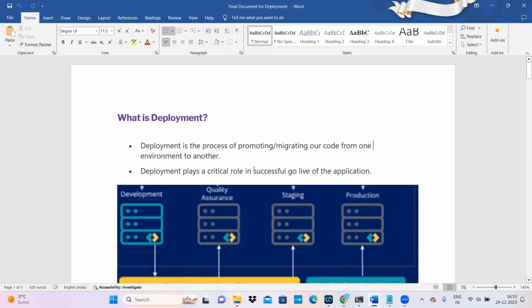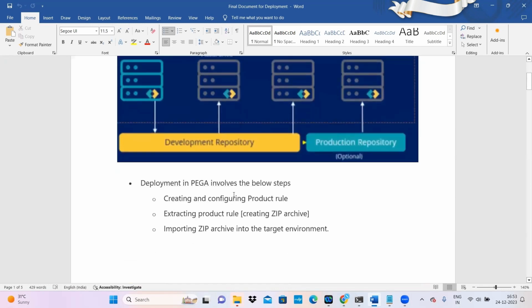Hi all, today I'm going to explain deployment in Pega. Deployment is the process of migrating the code from one environment to another environment. Deployment plays a crucial role in the successful go-live of the application. Deployment involves three steps: creating and configuring a product rule, extracting the zip archive, importing the zip archive into the